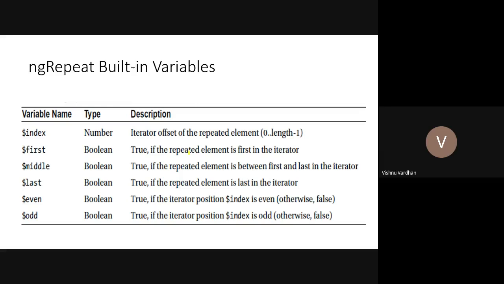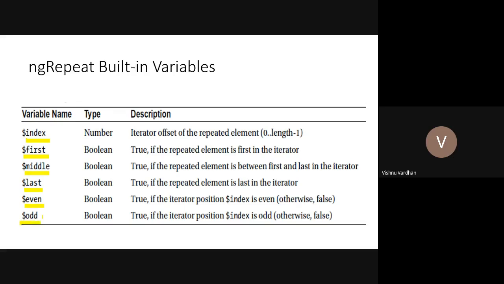And ng-repeat built-in variables. In ng-repeat we can see there are some built-in variables like index, which is the current accessed index value of the collection, then the first value, the last value, the middle value.